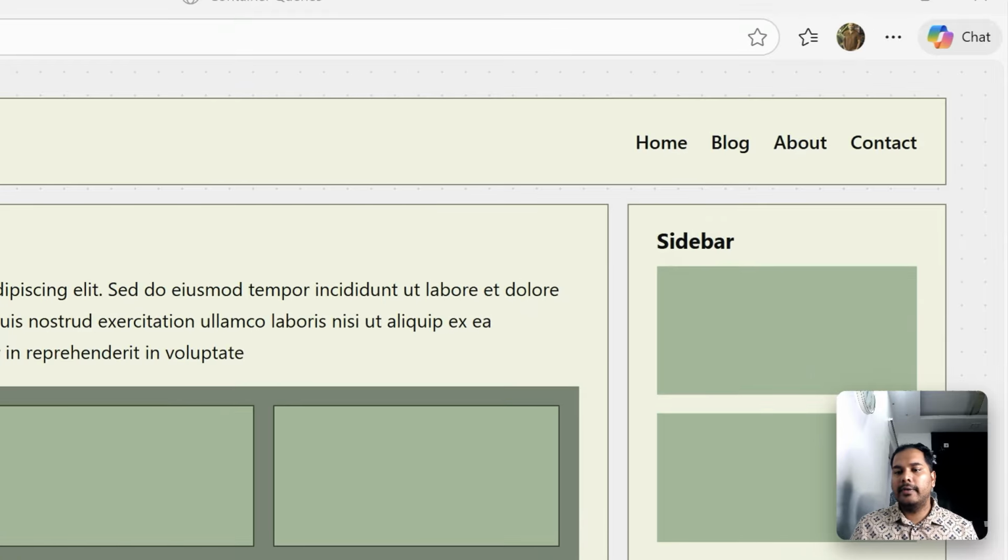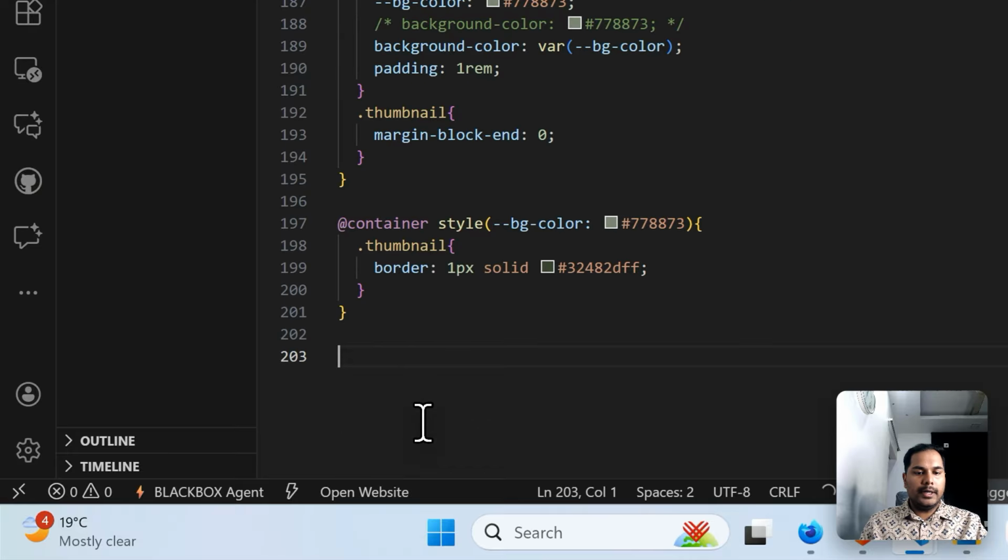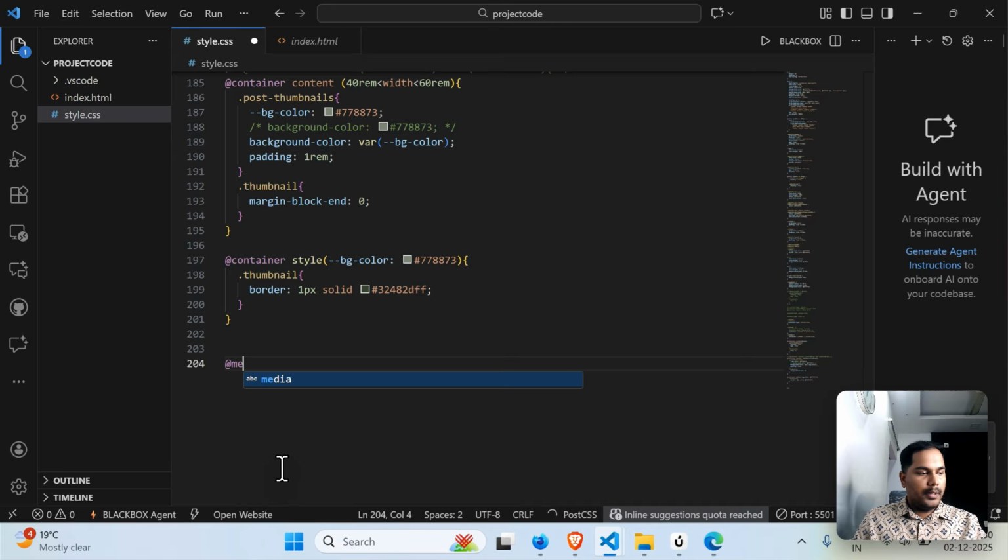Now let's write a media query. So in this media query, what we can do is, if the width of the screen or the viewport is greater than 45 rem or 50 rem, we can set something. And if it is more than that, we can make a certain change to the sidebar. We can apply some styling to this by changing the color of the box or changing the background color, something like this. Let's try it out. For that, let's write the media query right here, add media, and here we'll check if